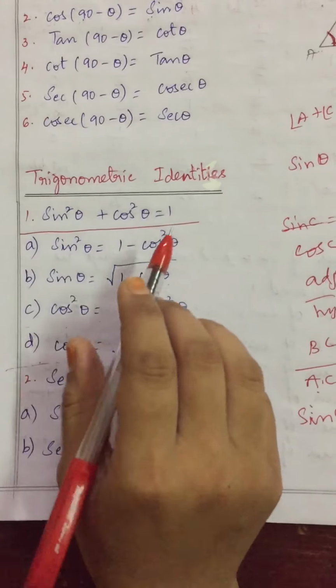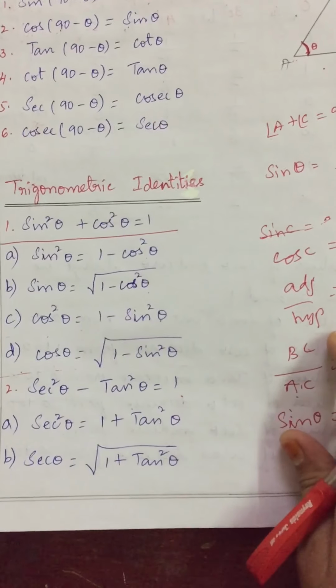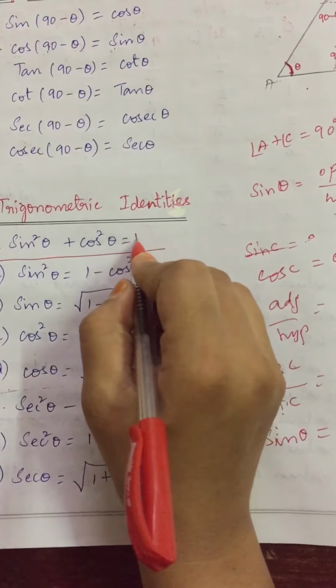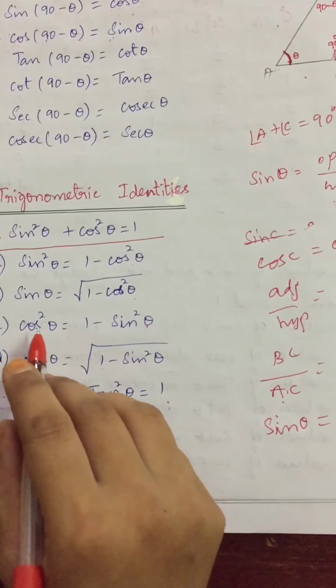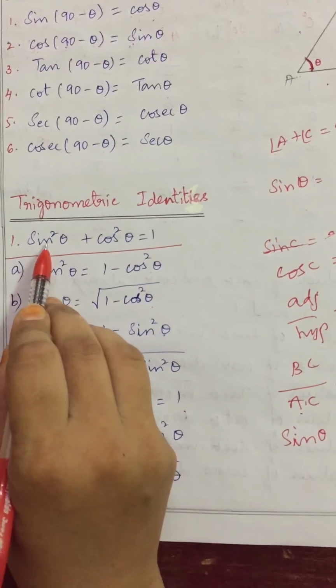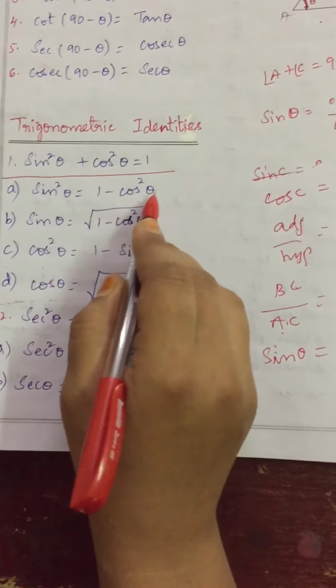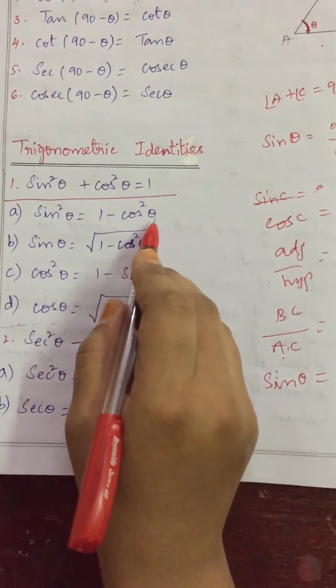Now some more formulas are there which are called trigonometric identities. There are three trigonometric identities, and with those three we can make many identities. First one is sin square theta plus cos square theta equal to 1. Always remember, children, with this one identity we can get many more. Like I am keeping sin square theta as it is, sending the plus cos square theta to that side, so that becomes minus cos square theta. So sin square theta is nothing but 1 minus cos square theta.